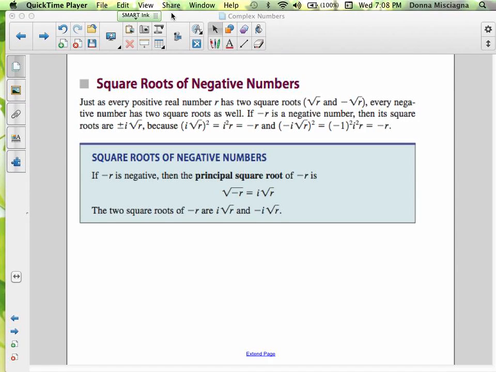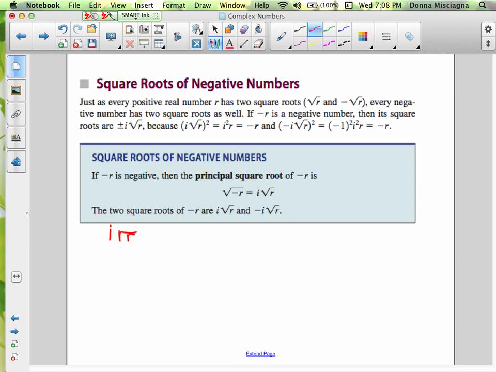An important use of complex numbers is finding the square roots of negative numbers. Just as every positive real number r has two square roots, square root of r and negative square root of r, every negative number has two square roots as well. If negative r is a negative number, that means the square roots are going to be plus or minus i square root of r. And that's because if I take